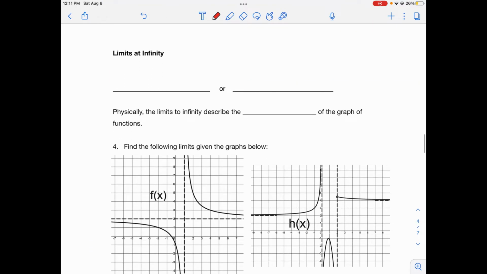Now that we've learned about infinite limits, let's talk about limits at infinity. Remember, limits at infinity is where we have the limit as x goes to infinity of a function, or the limit as x goes to negative infinity of a function. And that's what limits at infinity are. Physically, limits at infinity describe the end behaviors